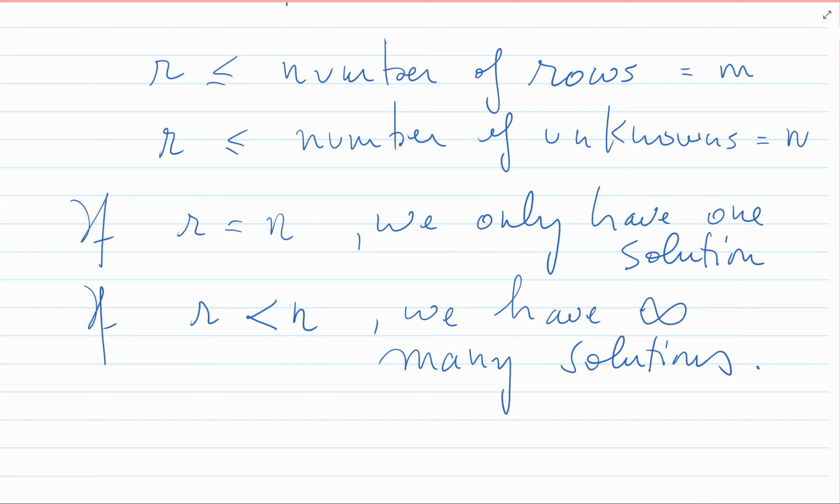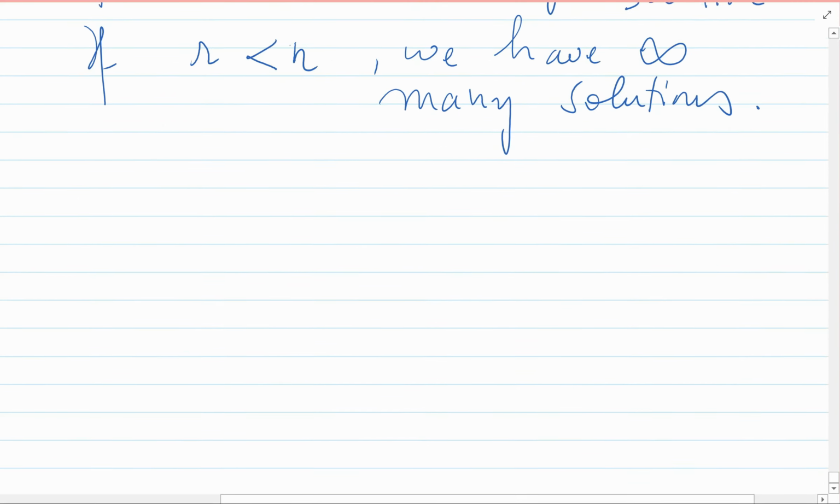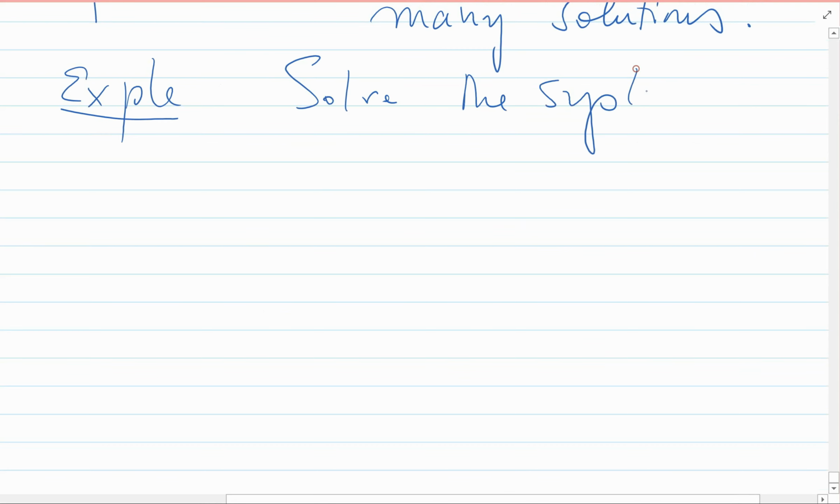Okay, so let's take an example now. Let us take an example to illustrate what we just said. Solve the system: x plus y plus 4z equals 4, 2x plus y plus 9z equals 5, x plus 5z